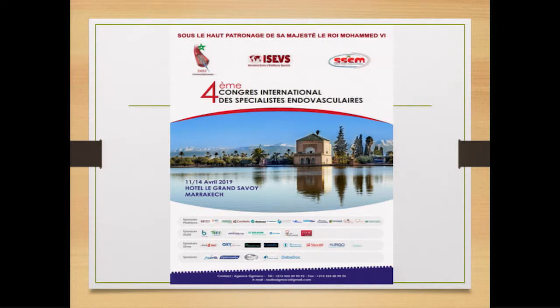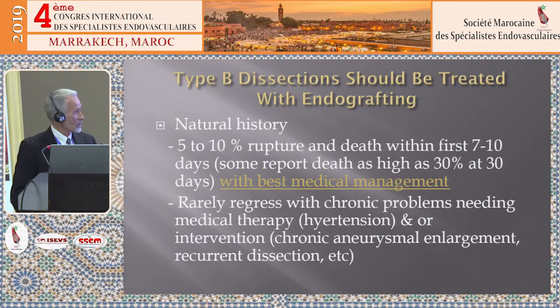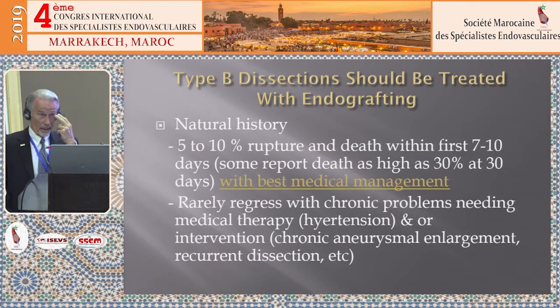Okay, the descending thoracic aorta and where it's gone from there. Those are my disclosures. When we look at descending thoracic dissections, this started off in the United States to be